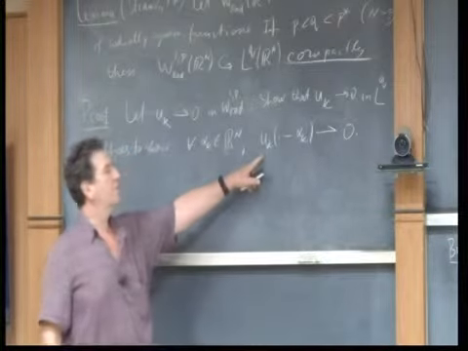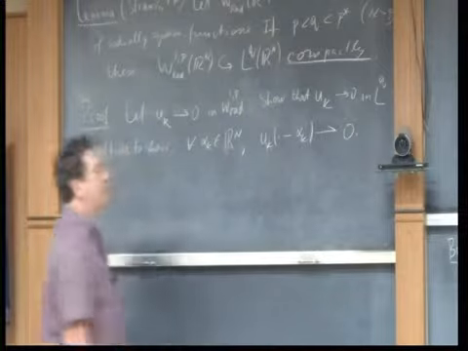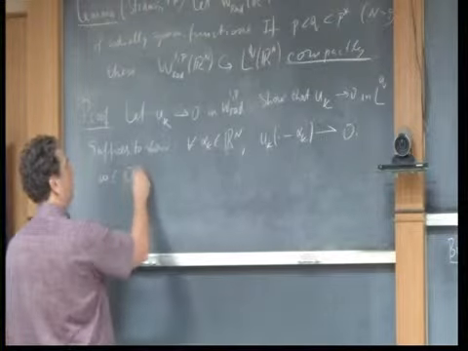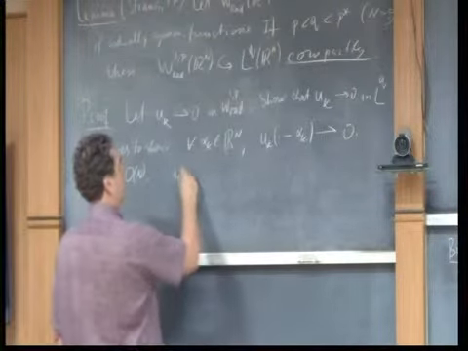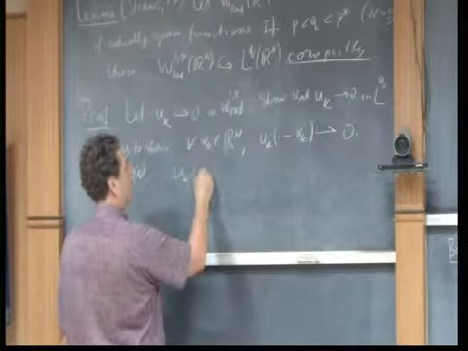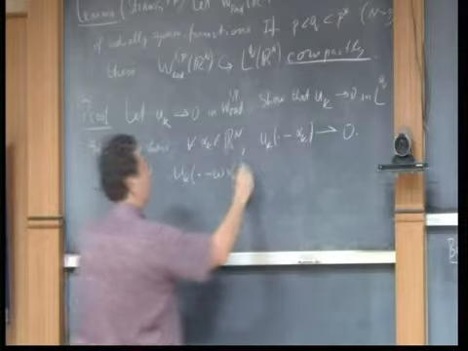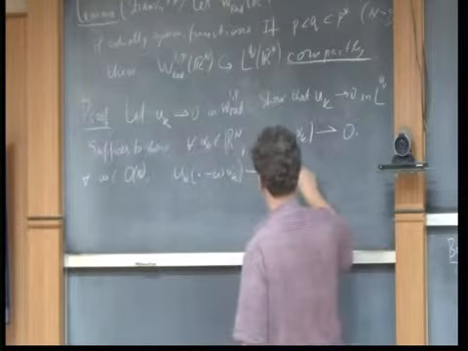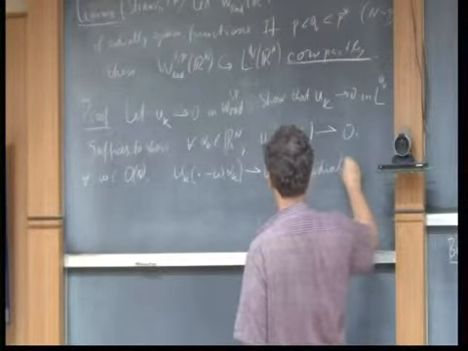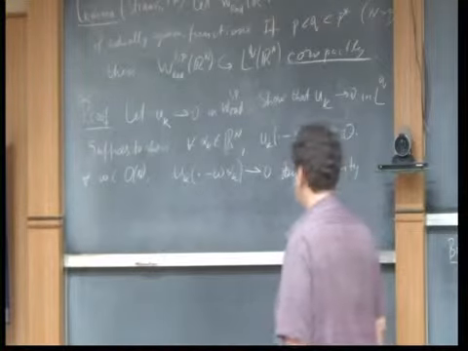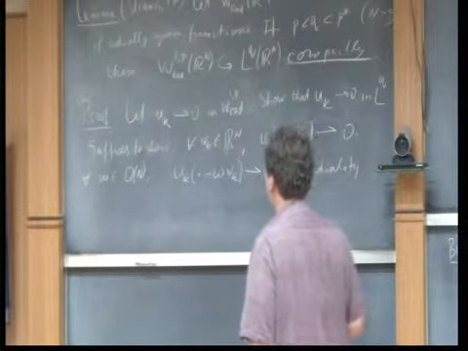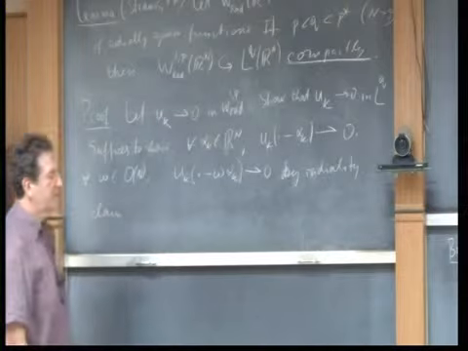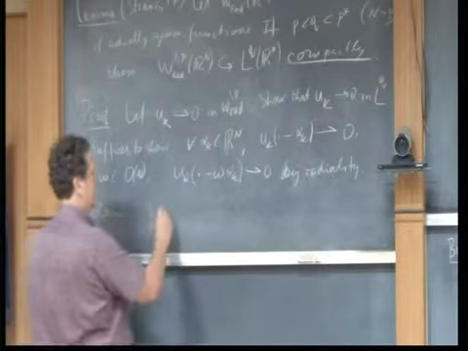However, u_k is already a radially symmetric function. So if we replace its argument by the rotated argument, so that omega be an element of O(n), then u_k(dot minus omega alpha_k) will also go weakly to 0 for every omega. And then I claim, by virtue of the Brézis-Lieb lemma, as we shall see, that